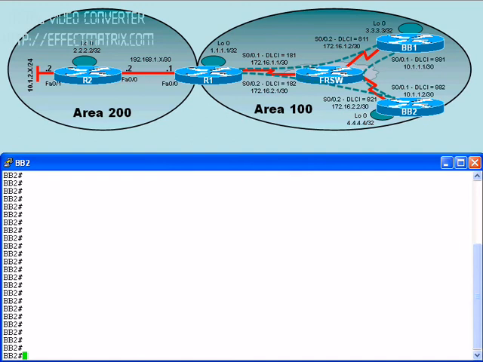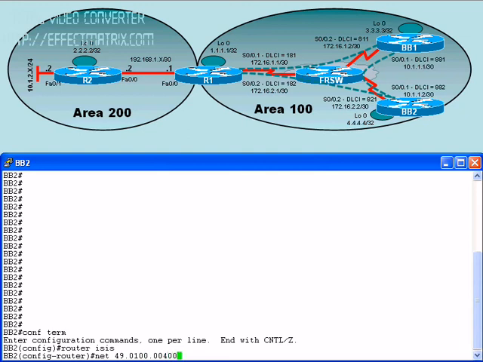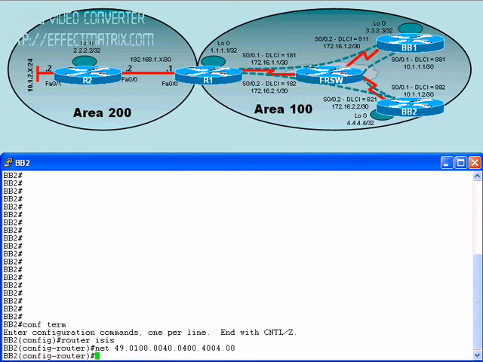Let's say in global configuration mode, router ISIS, and let's give a net command with an AFI of 49. We are in area 100, and we have a loopback IP address of 4.4.4.4. Let's insert the periods after every fourth digit, and we give an N selector value of 00. This router, like BB1, is also a level 1 router. So we follow this command up with IS-type